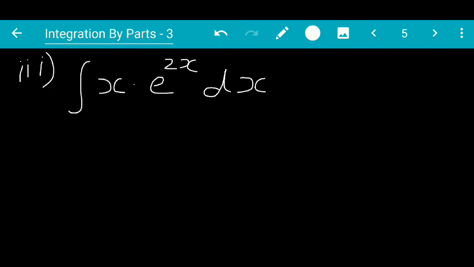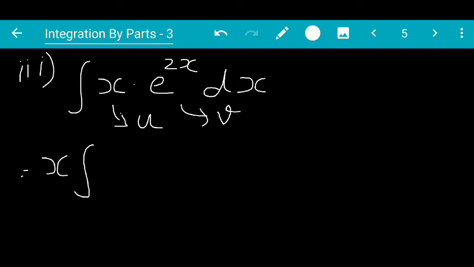The next sum again deals with integration by parts, that is where you have to use the u into v formula itself. Over here, according to the rule LAE, A means algebraic term, so x becomes u and e raised to 2x becomes v. Here it's a simple enough sum. Just to remind you all of the formula, I am doing it for you.